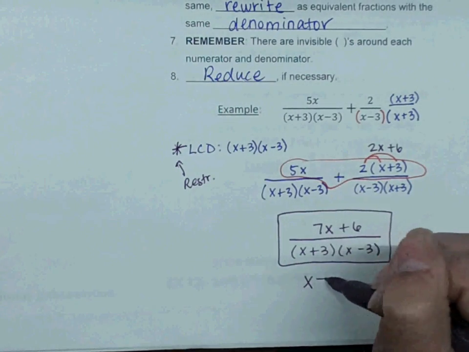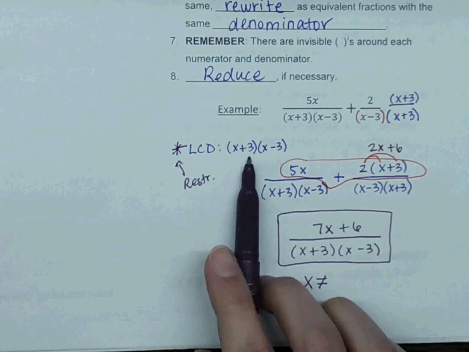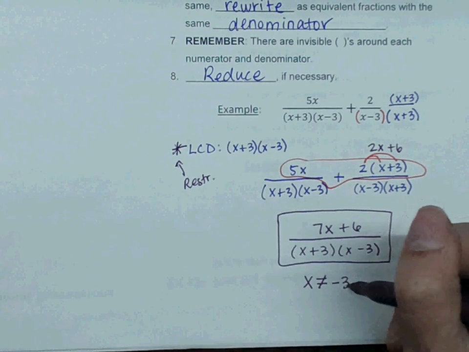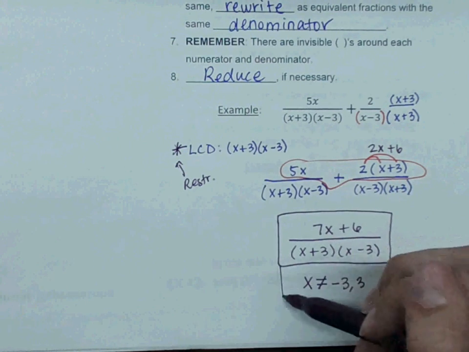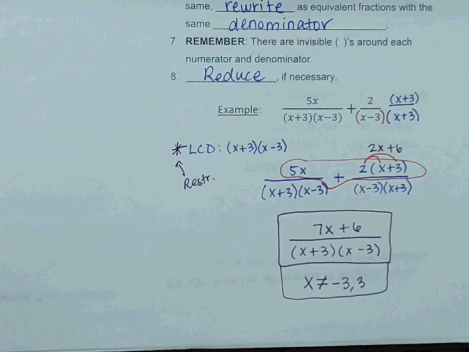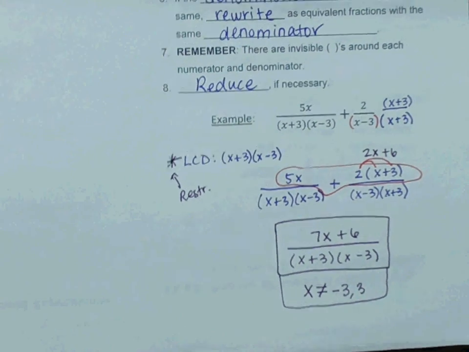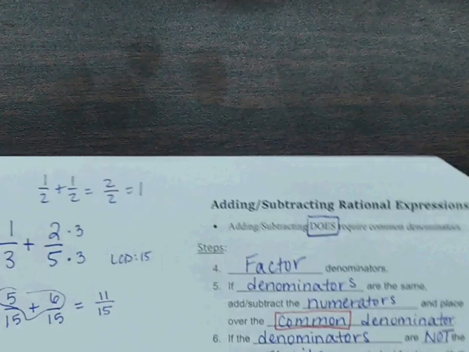So what are our restrictions going to be? Well, we have an x plus 3, so negative 3 would make that a 0. We have x minus 3, so positive 3 would make that a 0. So these are your restrictions. Again, they don't really tell you anything when it's just an expression like this, but when we get into solving and we have those equations where x is actually representing a number, then those restrictions are going to tell us important pieces of information. Okay, so on the next page, we have